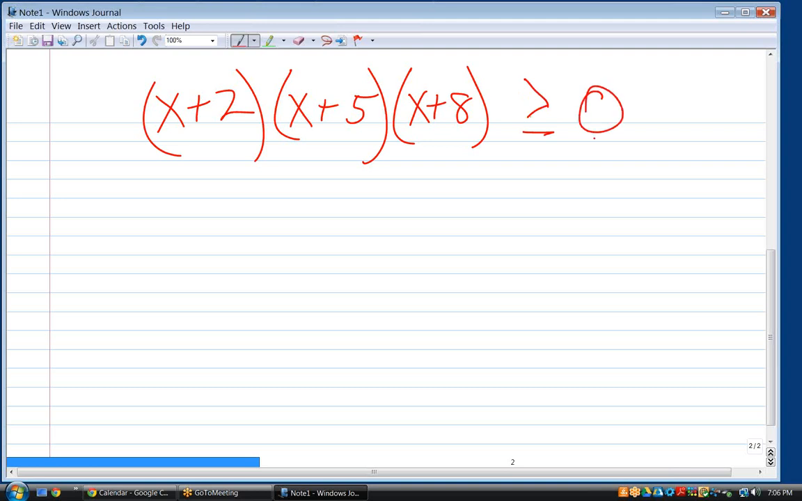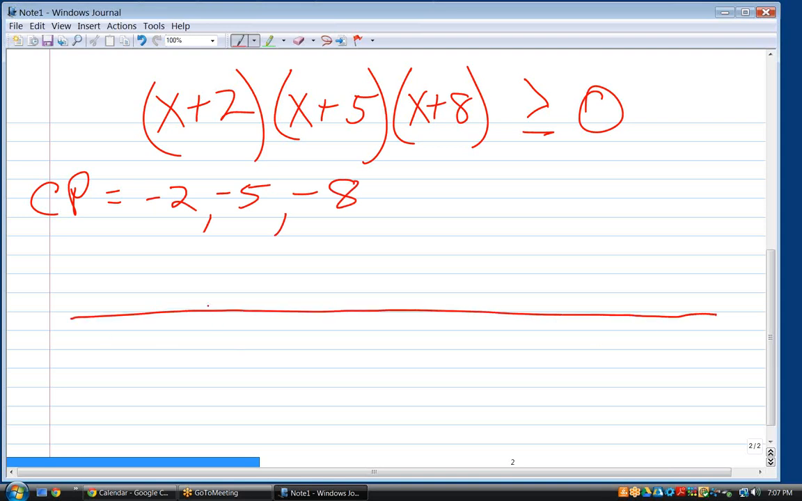Okay. Are you familiar with the line chart method? I don't think so. You probably are. You maybe just aren't familiar with that name. What are our critical points here? -2, -5, -8. If we draw out a number graph and mark those points on it, and I'm purposefully not putting 0 on there,